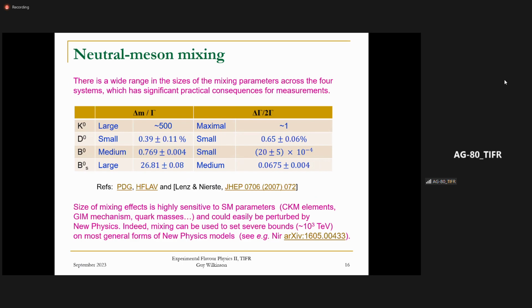The fact that we don't see massive effects here, and that the measured values of these are roughly in accordance with expectations, actually sets very severe bounds on the possible size of these new physics contributions, with certain assumptions about their flavor structure and how they couple. So one can set bounds of the order of 10 to the 3 TeV. So in making precise measurements in flavor physics, we are much more sensitive to very, very heavy particles, even more than if we try to produce them directly in collisions at colliders. So that was a digression, but I encourage you to click on this link and learn about the bounds that